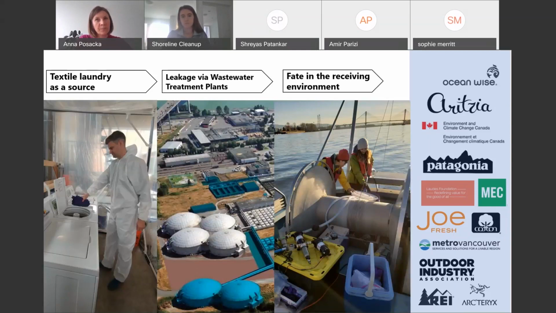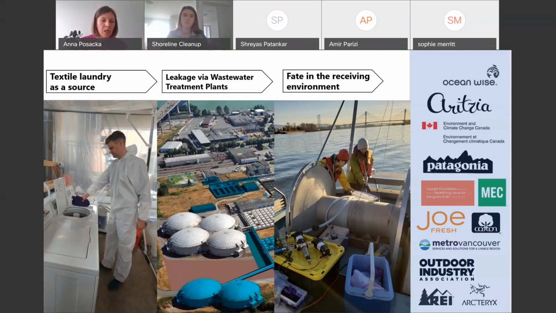And this is where we invite leaders in the apparel industry and associations, as well as the governments, to work together with us on the sources, transport, and fate of microfibers, plastic microfibers. These are some of the most common types of microplastics that we're encountering, especially in the Northeast Pacific Ocean and in coastal British Columbia. So it's very important for us to better understand how they get there and what we can do to